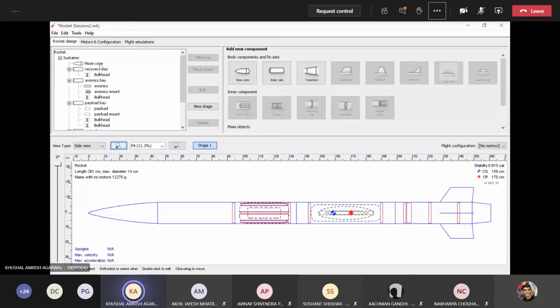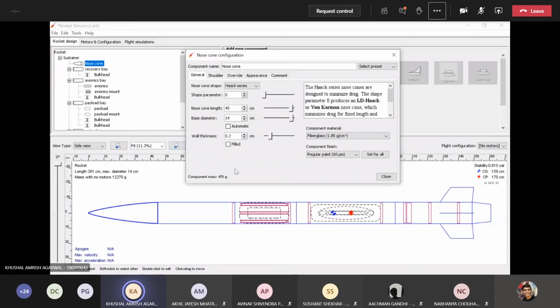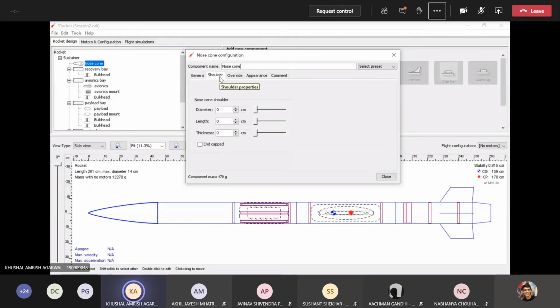As I mentioned before, the nose cone and the boat tail, the transition that we are using here, both will have shoulders. To do this, click on the nose cone component, and there is a tab called shoulder over here. There you put in the outer diameter of the shoulder that you want, which will be 13.6.